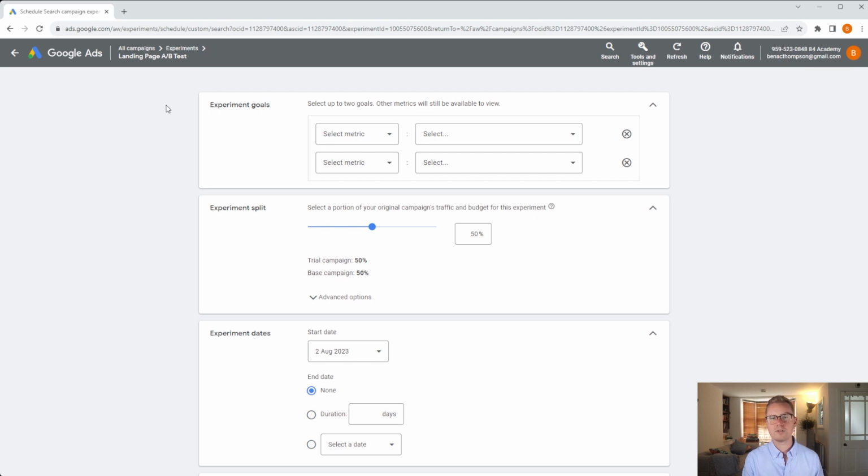Now, experiment goals are basically the metrics you want to measure that will determine success. And you can pick up to 2. For this, I'm looking to get more conversions. Naturally, I want to come down and select conversions, and naturally I want to see conversions